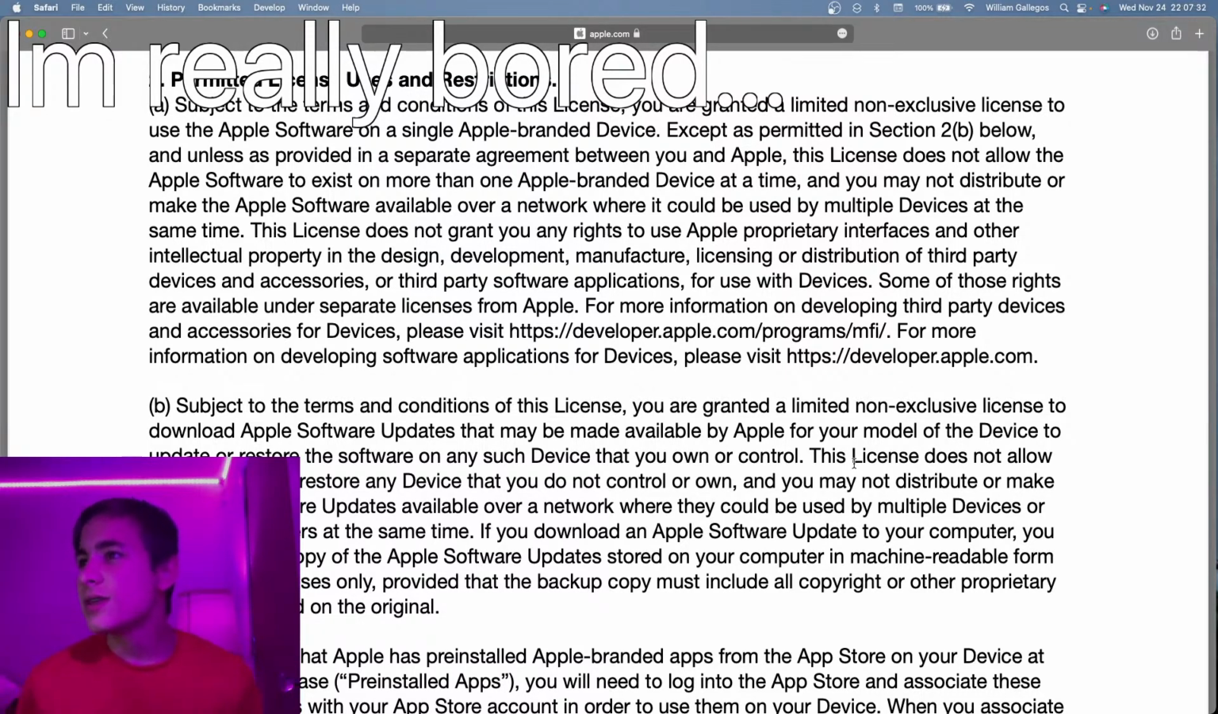Permitted license use and restrictions. Subject to the terms and conditions of this license, you are granted a limited non-exclusive license to use the Apple software on a single Apple-branded device. Except as permitted in Section 2B below, and unless as Apple provided in a separate agreement between you and Apple, the license does not allow the Apple software to exist on more than one Apple-branded device at a time, which means